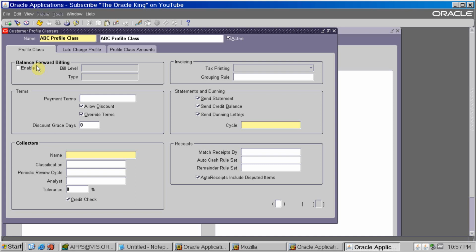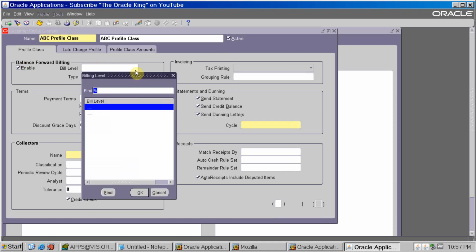Some setup is required to enable balance forward billing. I will have a separate topic for this one, where I will show you how to define balance forward billing and how it works. If you are using balance forward billing, then you have to enable this checkbox and select the bill level, summarize or details, meaning account or site.